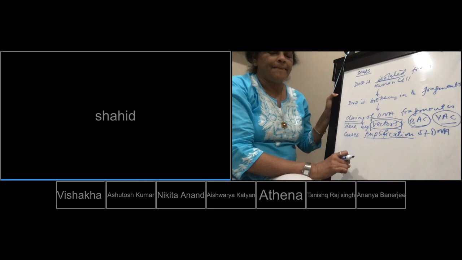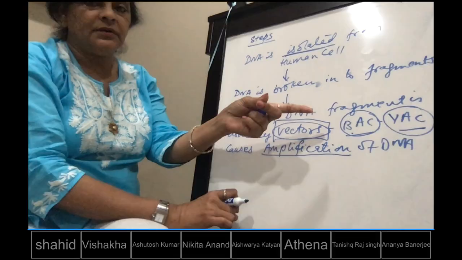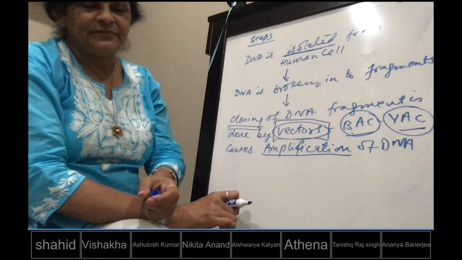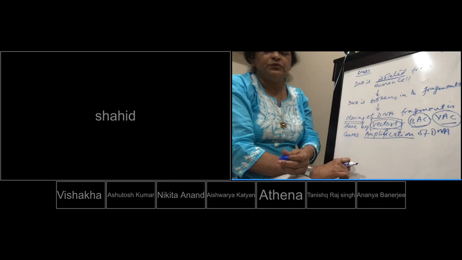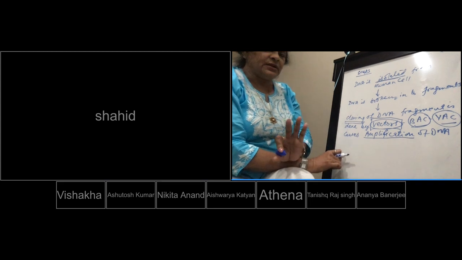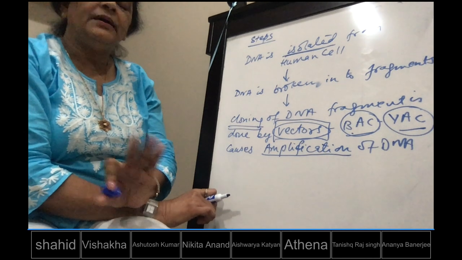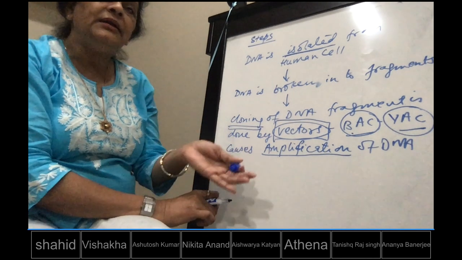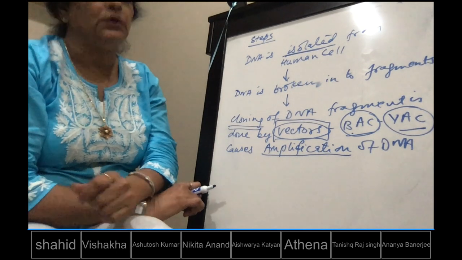Excuse me, ma'am. Yeah. Ma'am, can other eukaryotic cells be used for this amplification process other than yeast? No. These are what? Unicellular organisms and very simplified organisms. So they can't be used. Other eukaryotic cells like plant cells and all, like I said, in biotechnology chapter, you will see that directly DNA can be pushed into a eukaryotic cell also.